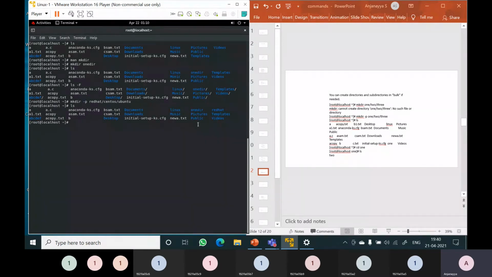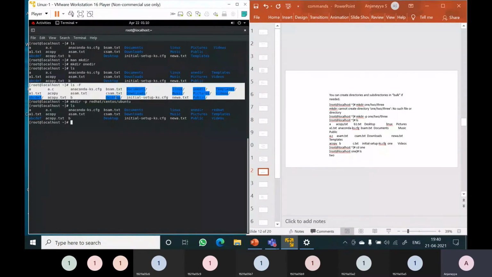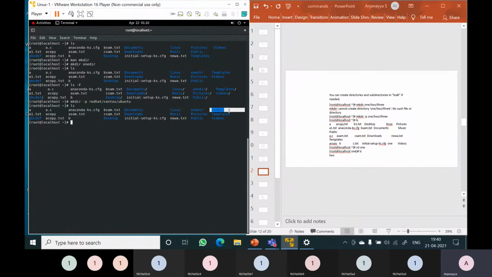Now here you can observe that there is a directory named Red Hat. In the previous output of ls, Red Hat is not present. Just now I have created Red Hat. Now to see whether there is a CentOS inside Red Hat, enter into the Red Hat directory. cd, change directory to Red Hat. Now I am in the Red Hat directory, or you can type pwd. So I am in /root/RedHat. Now I said that inside Red Hat there is one more directory, CentOS. Now you can see ls. Here you can see that there is a directory CentOS.